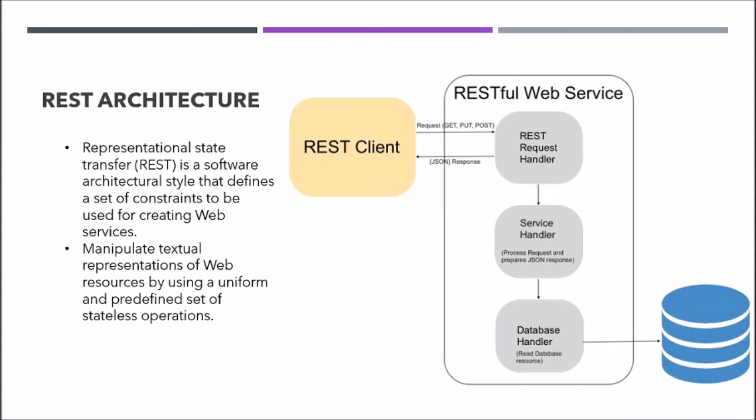There are cons also, but in SOAP we have a specific architecture that will be followed. There will be a definition for the contract. Here the definition may be, we need to have strict design principles. Good design principles need to be followed in a REST based architecture. That's the difference between SOAP and REST.